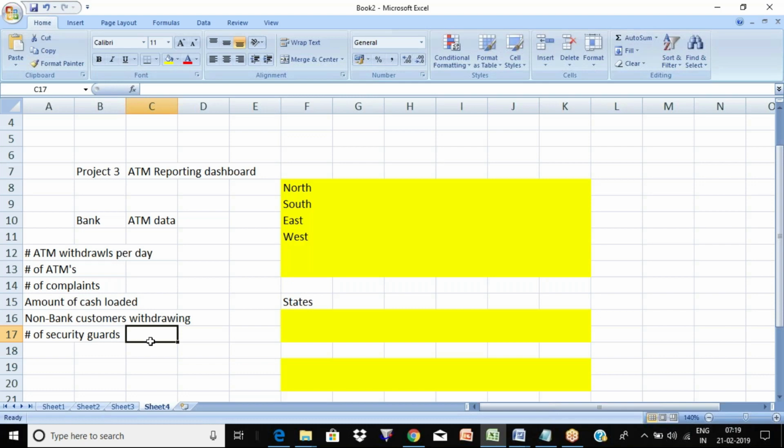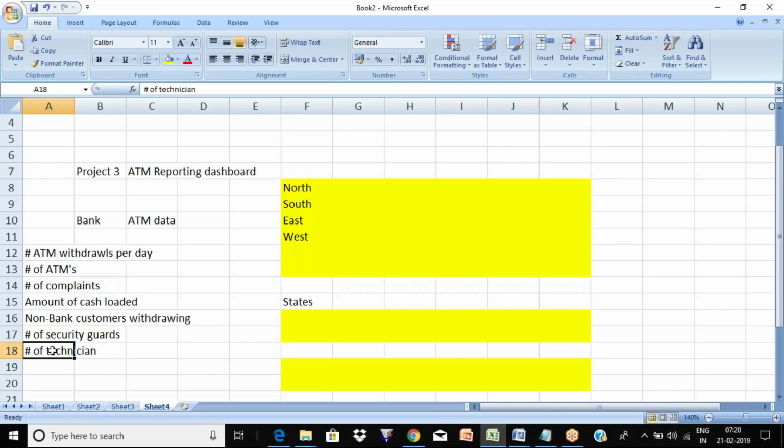Anything else, Ramesh? Number of technicians, number of technicians involved if there is an issue. Correct, yeah. So you want to see, if anything goes wrong, let's say all the ATM machines got shut down across pan India, this could turn out to be one of the key metrics at a point of time. How many technicians can we manage? This could be one of the critical metrics, the number of technicians we have.